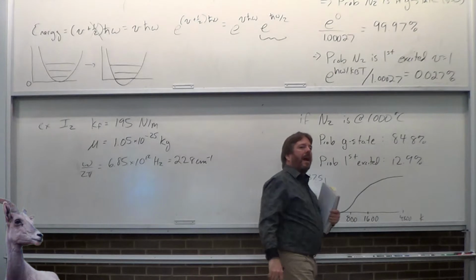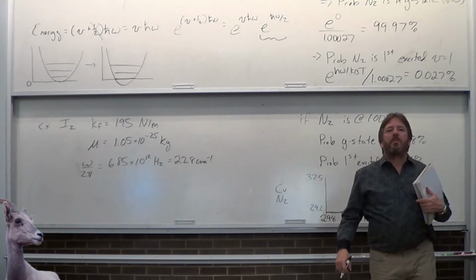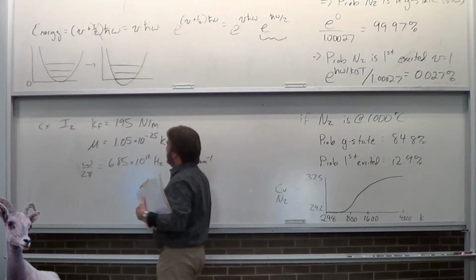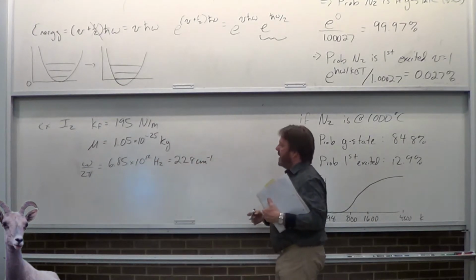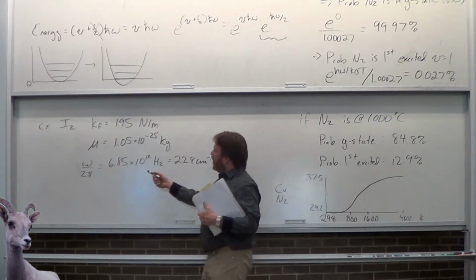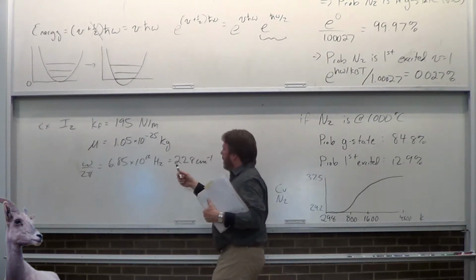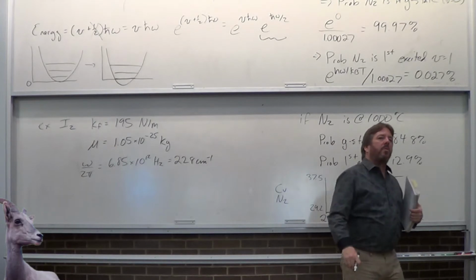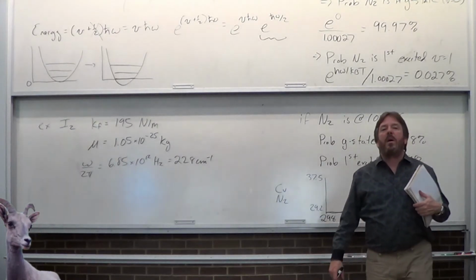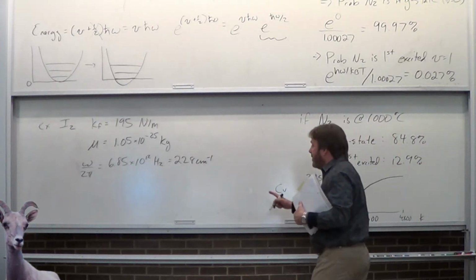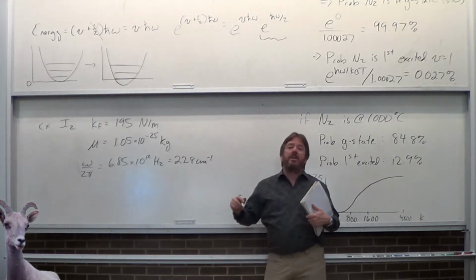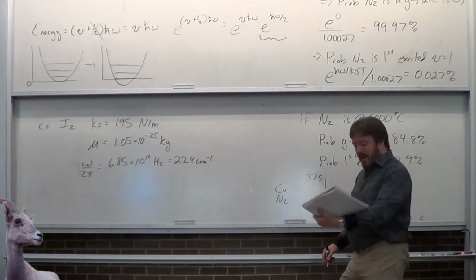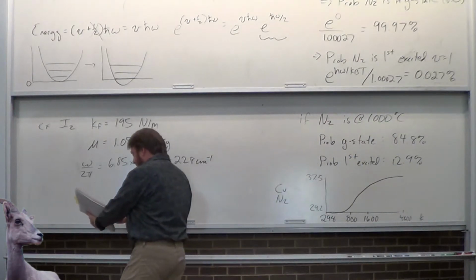Okay, so again, I Googled the spring constant of I2. I looked at its reduced mass. I just looked at iodine and divided it by 2. Made certain that the frequency of vibration in wave numbers is around 228. Now remember I said kT at room temperature is about 206 wave numbers. Wave number is a legitimate unit of energy. Now that those are so close, guess what? When you do all the probabilities,